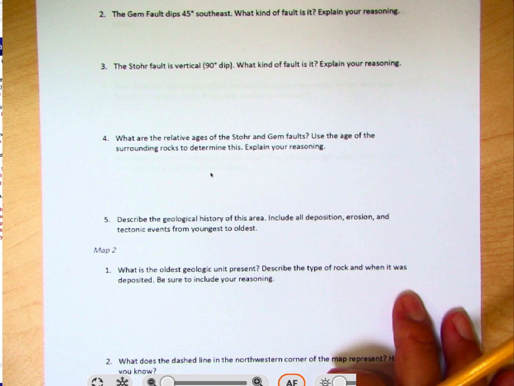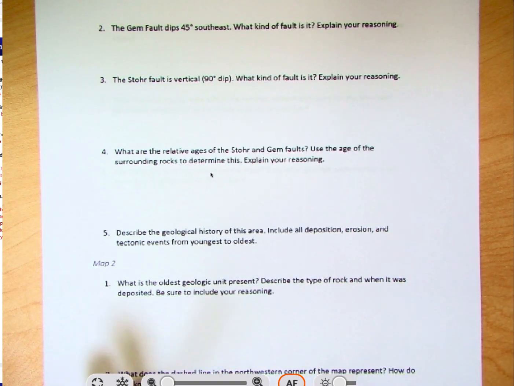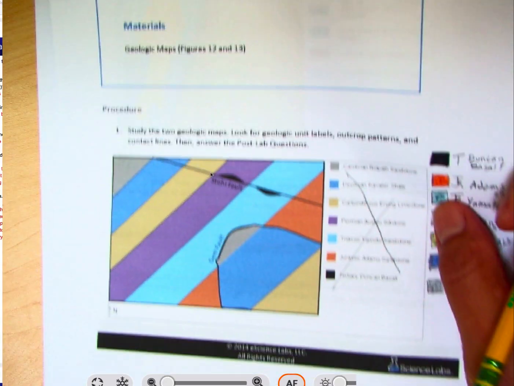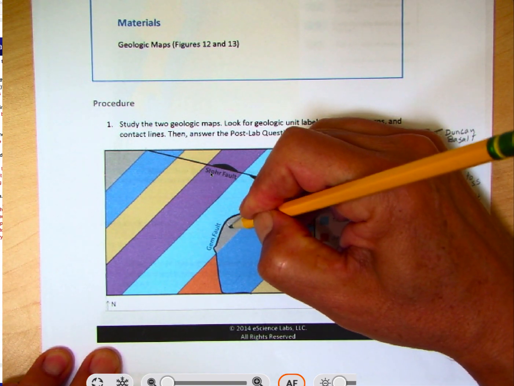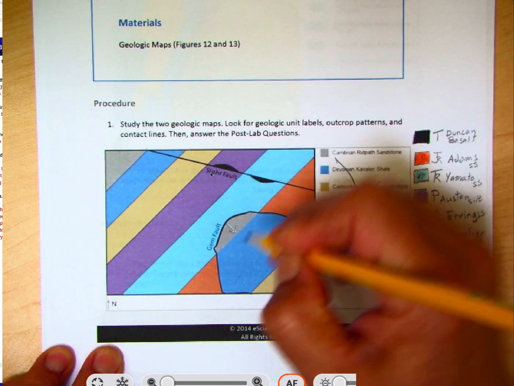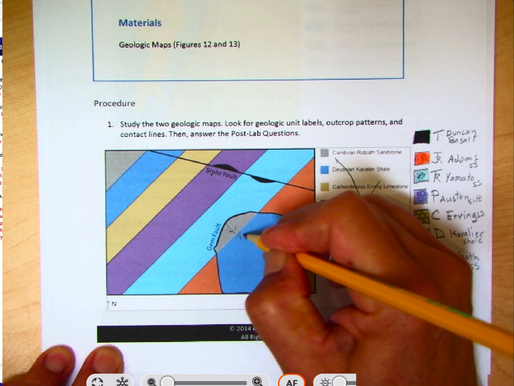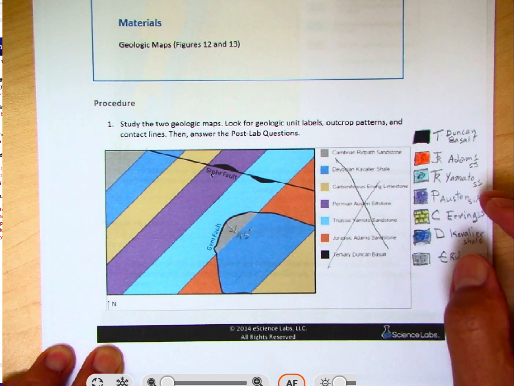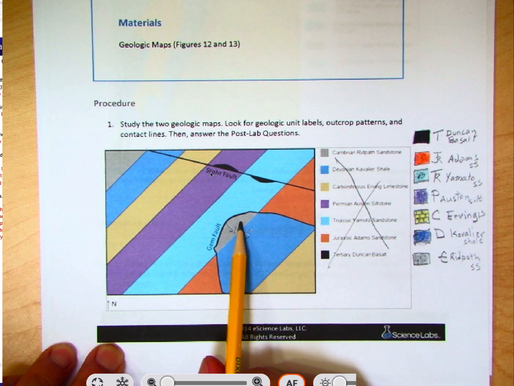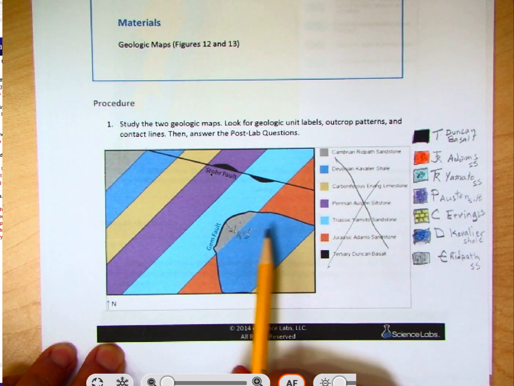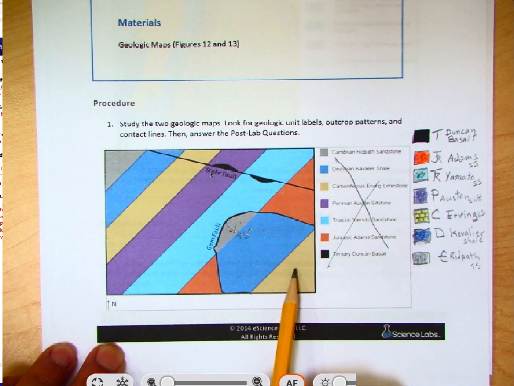It is asking us about this gem fault, and it's telling us the gem fault is dipping 45 degrees to the southeast, and it wants us to explain what type of fault this is. So if we look at the map here, so here's a gem fault, and it's dipping, here we can put an arrow showing that it's a 45 degree dip on that fault. And for starters, what I see right away, I see these older rocks. Remember, this is Cambrian, the blue is Devonian, and the yellow here is that Irving Carboniferous